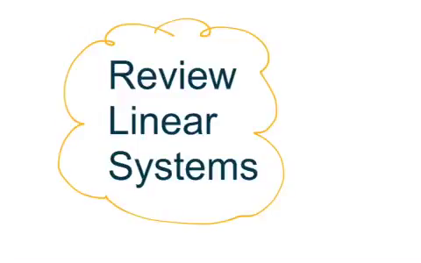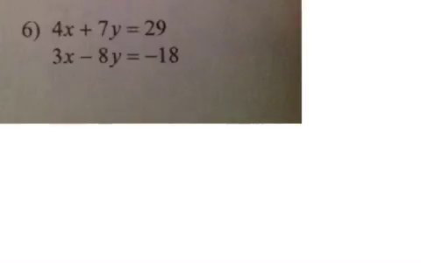Okay, ladies and gentlemen, let's do a little review on linear systems. So this is problem 6 from today's worksheet. And basically, the one thing you have to understand is sometimes we have to multiply both equations to make one of the variables get eliminated. So in this case, I'm going to times this by 3. Okay, so I'm going to end up with 12x plus 21y equal to